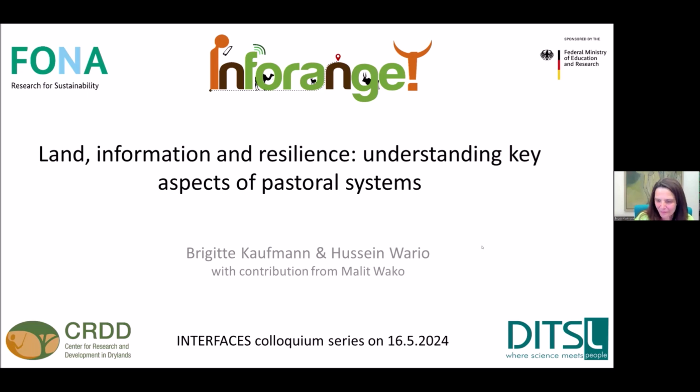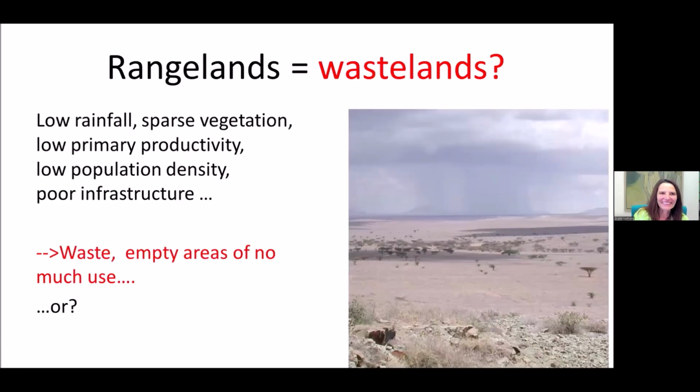Now, next. Rangelands cover about 40% of the land area on the African continent, and they are characterized, as you know, by low rainfall because they are in the semi-arid and arid areas, sparse vegetation, and low primary productivity. There is no crop production on a regular basis. Maybe there is some crop production in some single places, but then also only opportunistically. Therefore, the population density is low, and the areas are marginalized, which also means that there is poor infrastructure